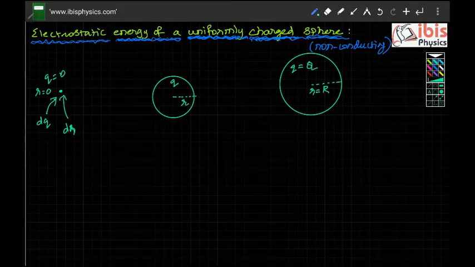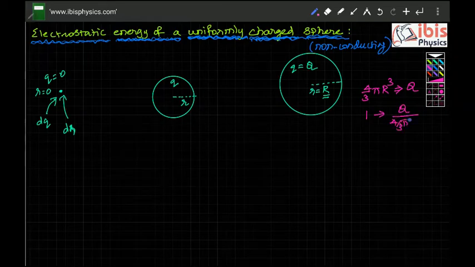You have to be very clear about certain things right now. One is, you have to have a sphere with uniform charge density. That means a sphere of radius R will have a volume of 4/3 pi R cubed. In this volume, you will have a charge Q. Then in 1 unit volume, you will have a charge Q divided by 4/3 pi R cubed. What charge one unit volume contains is called uniform charge density, or volume density. So that is equal to 3Q divided by 4 pi R cubed.